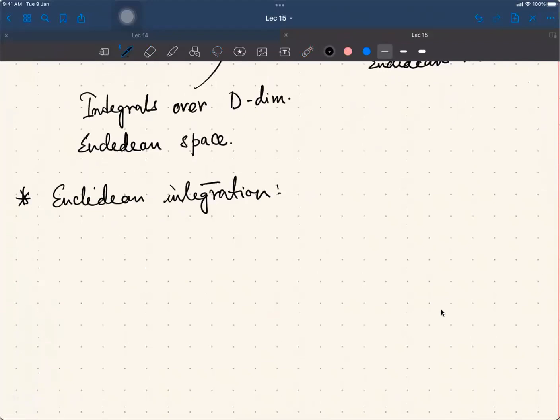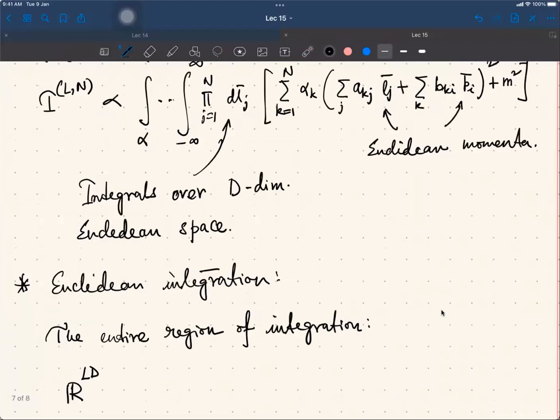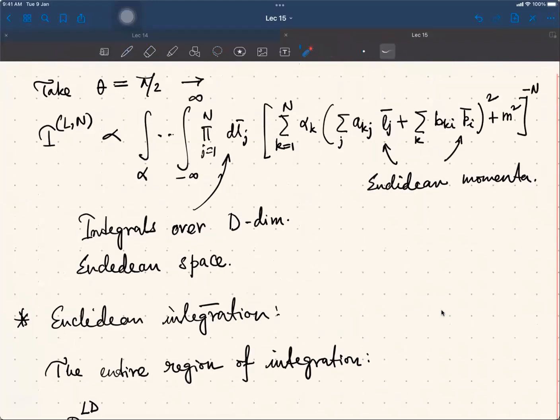The entire region of integration is basically an L times d dimensional Euclidean space, because there are n d-dimensional integrals, and since it's a Euclidean space, they just add up the dimension. They become just n times d dimensional Euclidean space,